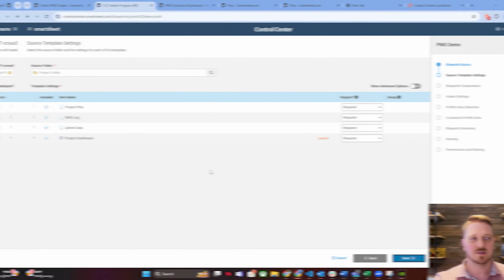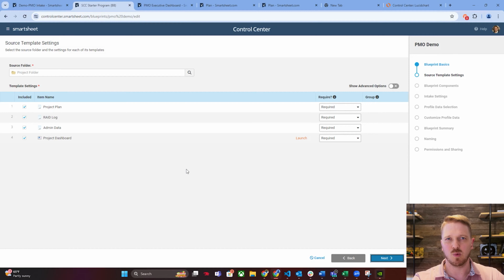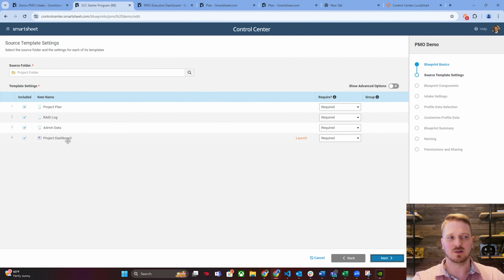We don't always recommend this because it's usually easier for it to be an automated process, but it is available for users to use. So next is a source folder. Each blueprint is set up to take one specific folder and all the assets inside. We typically have solutions with under 100 assets inside, so this folder would have under 100 items, and that includes sheets,